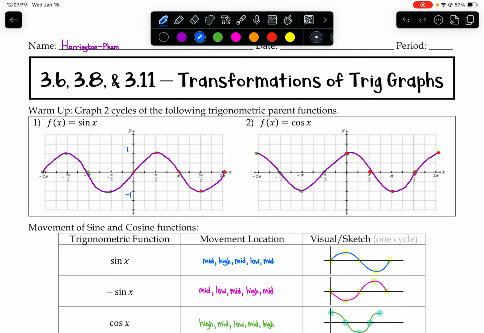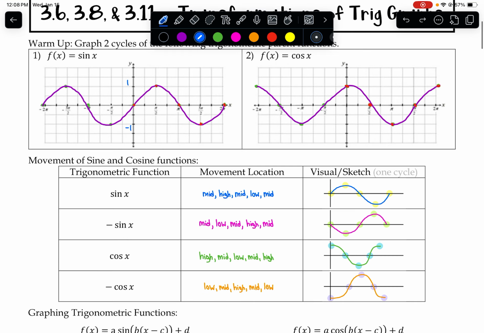Hi everyone. All right, so we're going to actually graph our trig functions. Before, we talked about the parent functions when we graphed them a couple lessons ago. Then in the second lesson, we talked about the attributes of the functions. So now we're going to put it all together. So what I would suggest you do is start with just graphing sine and cosine first, which I have on